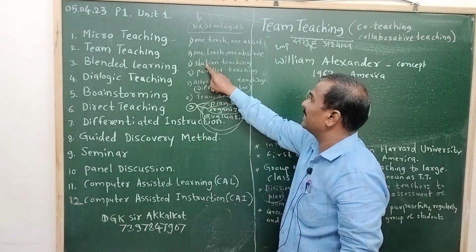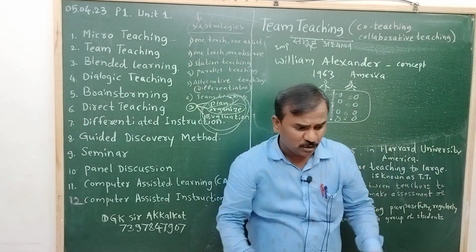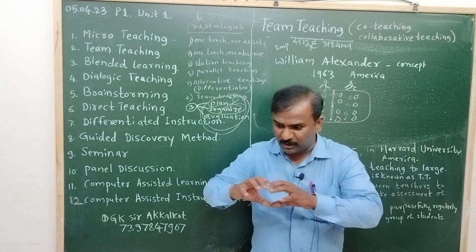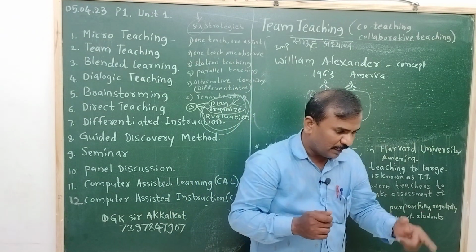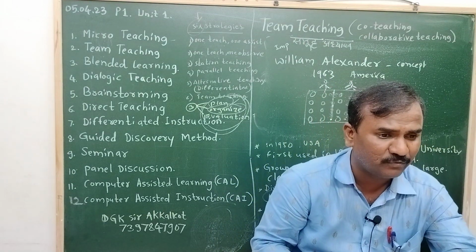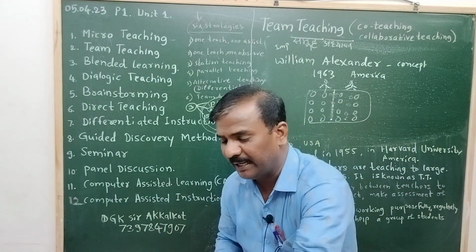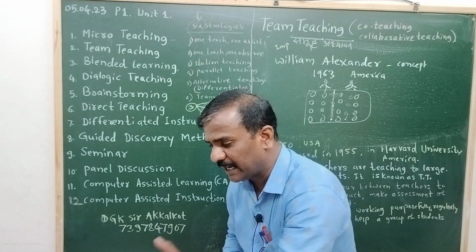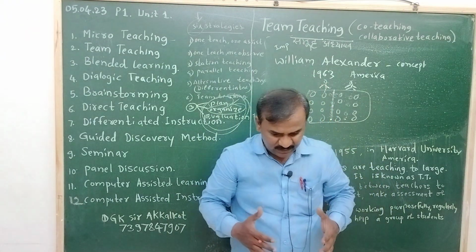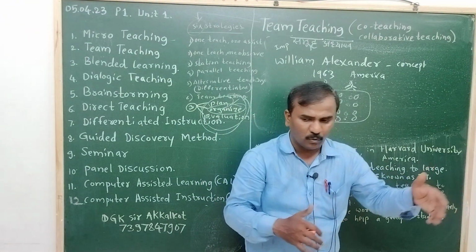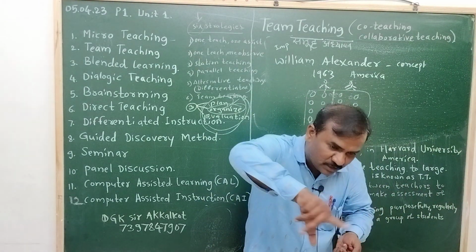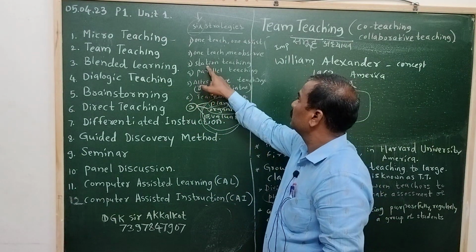Another strategy, station teaching. Station teaching means groups of students. This is one group, there is another group. Five students make one group, and the teacher goes and visits one group and explains the subject. Again the teacher goes to another group and tells the information. The teacher goes to another group and analyzes the subject. The teacher visits another group and sees whether they are doing the activity or not. Or the teacher sits, one group comes, they learn, they go. Another group comes, they learn, they go.